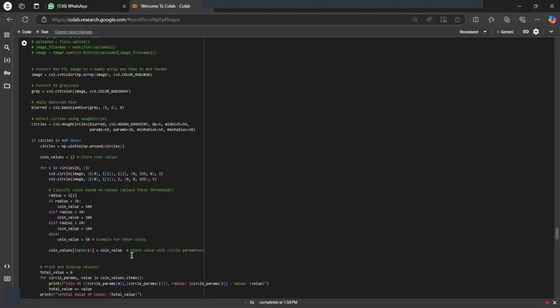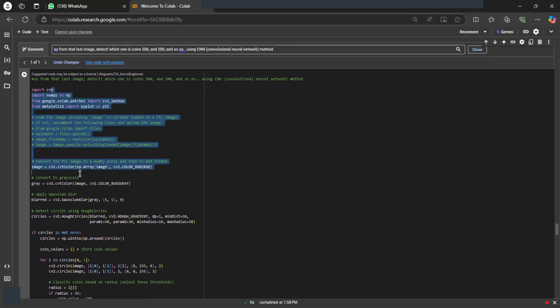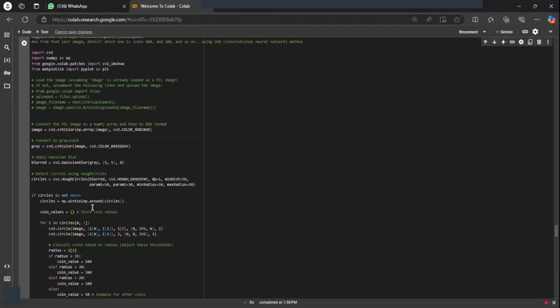But here, we are going to use the CNN method. We apply Gaussian blur, and then convert to grayscale with cv2.cvtColor, and then convert the PIL image, just like the syntax before. And then we detect using HoughCircles with a max radius and min radius, this is 50.